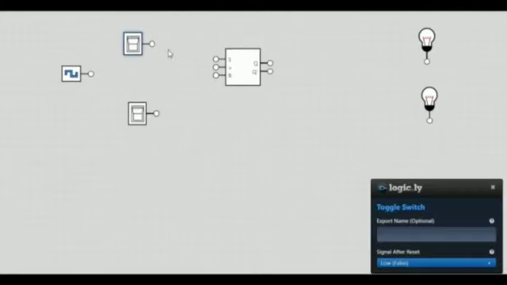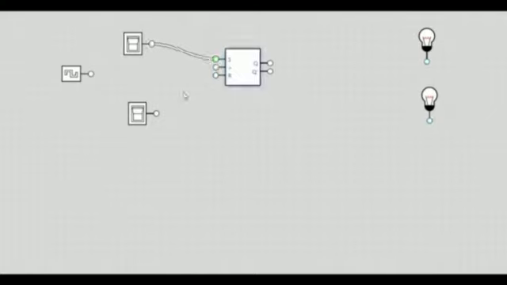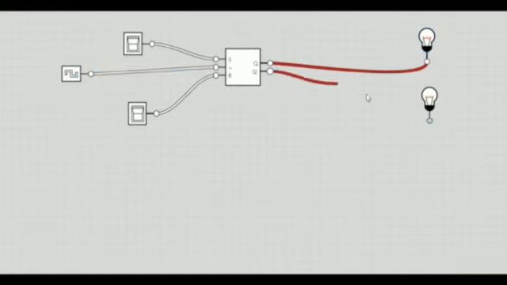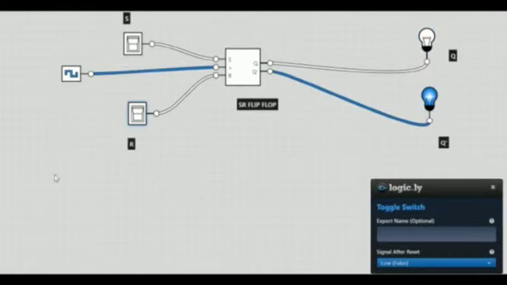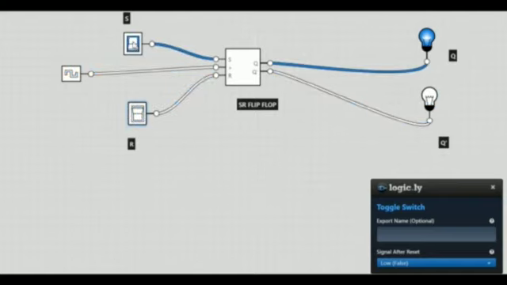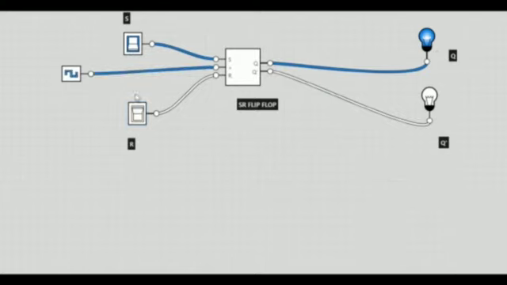So now we are going to implement the SR flip-flop. For that we will need one SR flip-flop, 2 toggle switches, 1 clock pulse and 2 bulbs. So now I am going to give the connections and label them. By checking the truth table, if the clock pulse is 1 and the input is 0 0, then the output will be 0 0. And if the clock pulse is 2 and the input is 0 0, then the output will be 1 1. Likewise we have to check for all. So this you call the SR flip-flop.